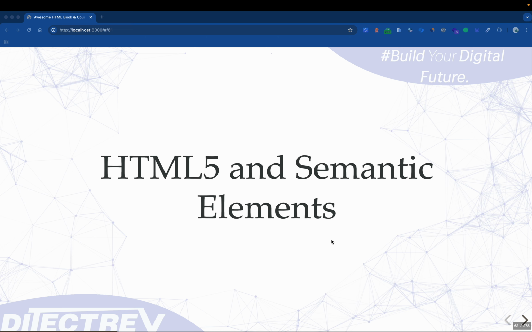Here we are at the beginning of the next section, where we'll talk about how HTML, more precisely HTML5, because that's the version we are using nowadays, is providing a solution for semantics, and what kind of HTML5 semantic elements we have. Semantic elements are important because they provide meaningful structure for the web content, so it makes it more accessible